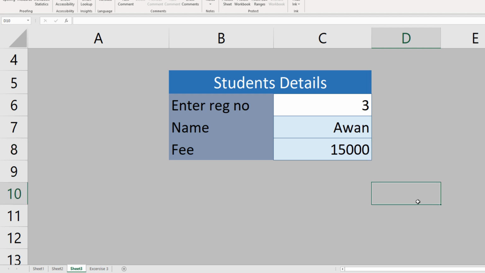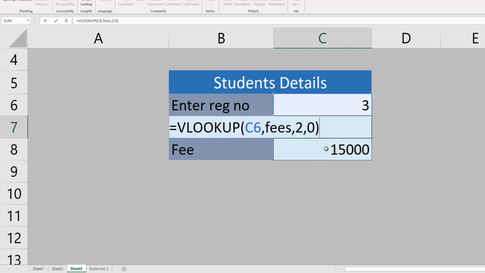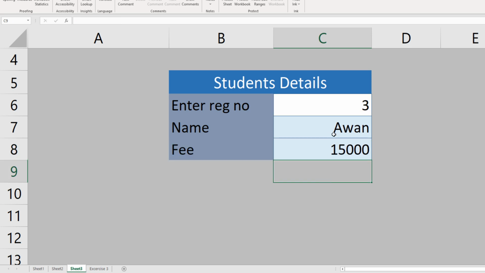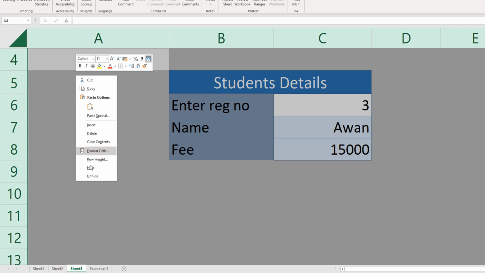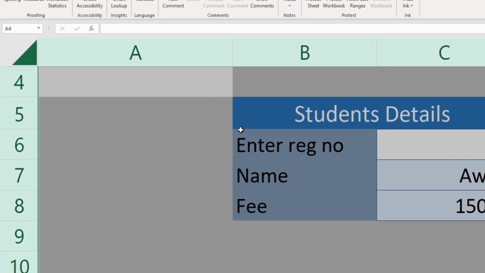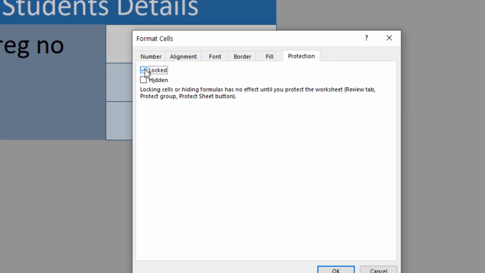Like we discussed in the previous class, no one should accidentally delete this data, because these are formulas. If somebody accidentally overwrites them, the formula is disturbed. So what can we do? We can use cell protection. First of all, we select all cells and go to Format Cells. We go to Protection and we make all cells unlocked. So we unlock all cells,